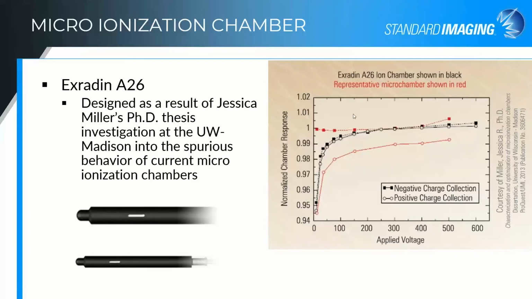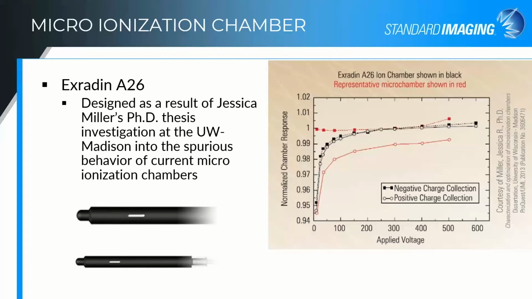So for quite some time, and I think even now, the calibration labs recommend that if you're using a micro chamber, you should not bother with applying the polarity correction, because it's kind of a nonsensical polarity correction. It doesn't really represent recombination the way it does with a Farmer chamber. You should use it at the polarity that it was characterized or calibrated at, so that you're consistent with that